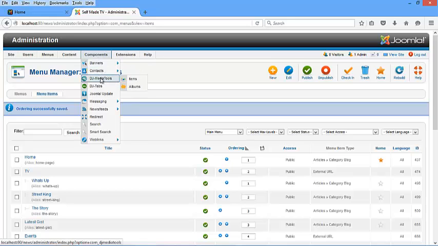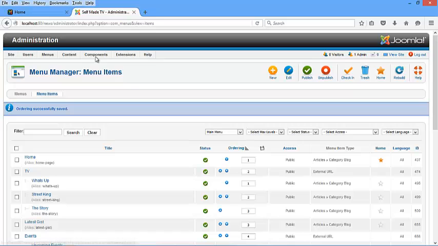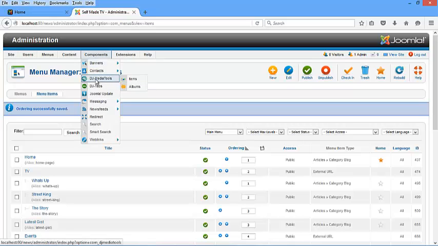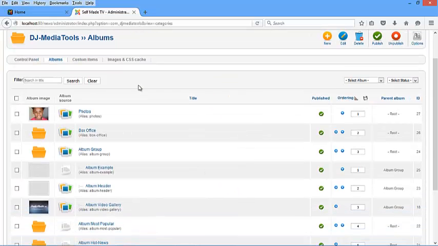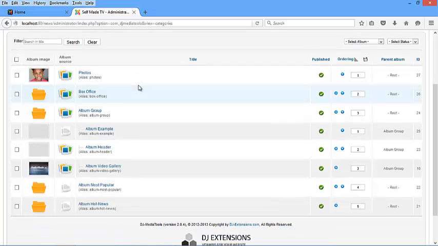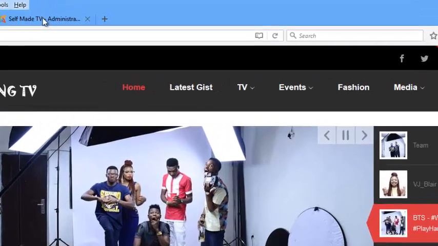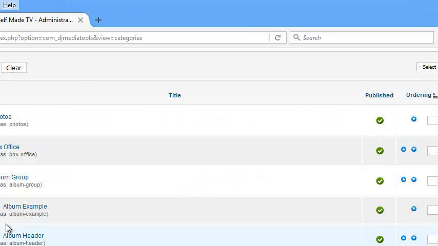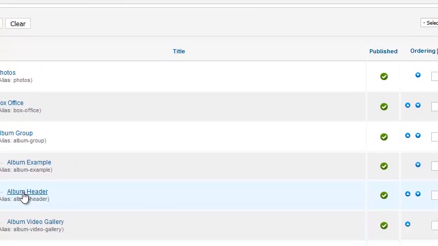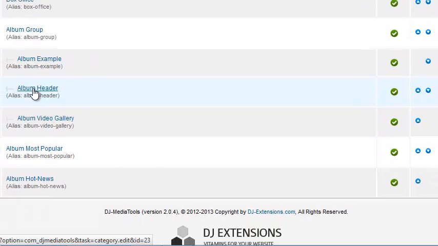To work on the slider, you have to go to the component, DJ, media tools, album, the album in charge of your intro slide pictures is known as album header. If I click on it,